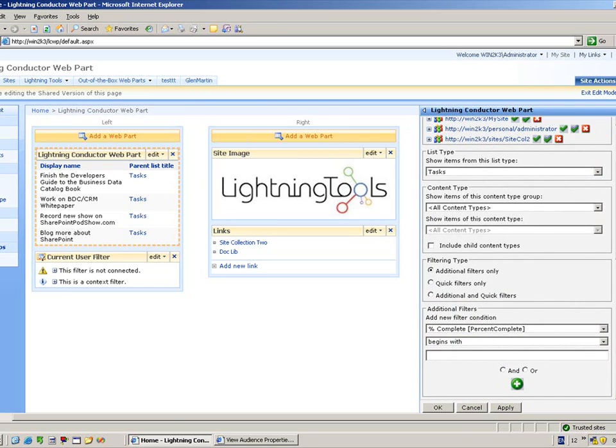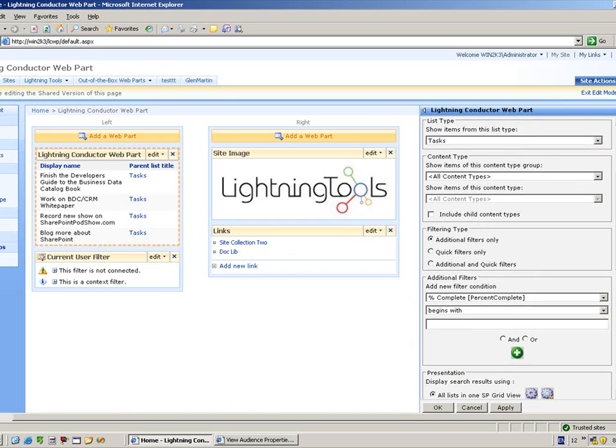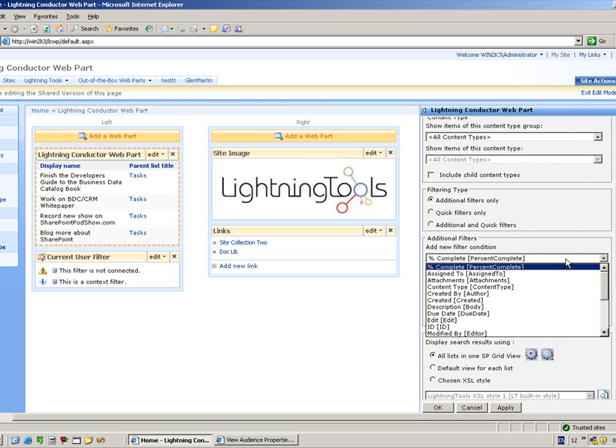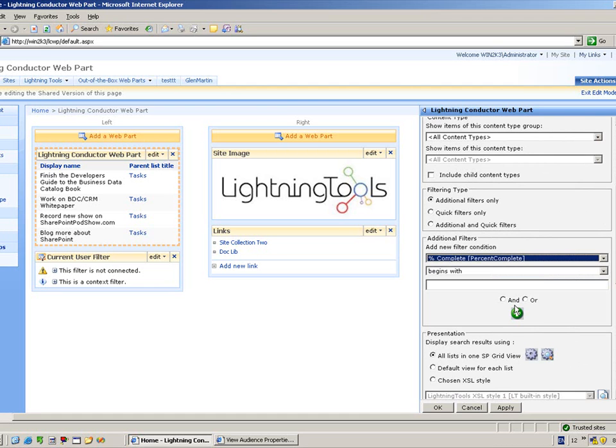Okay, so I'm going to set this back to show items from all site collections, and you'll notice some other improvements to this web part are the fact that we've now got these filters called quick filters. In the previous version of the web part, the way of filtering your data was to set the filter using the tool pane here. So we were able to choose whichever column we like, and then set the filter value, and then either add or remove additional filters using the and or operators. Now, a lot of our customers requested a quick filters option. So we're going to leave the additional filters blank and turn on the quick filters only. So this time when I hit the apply button,